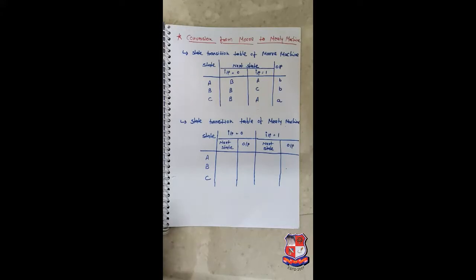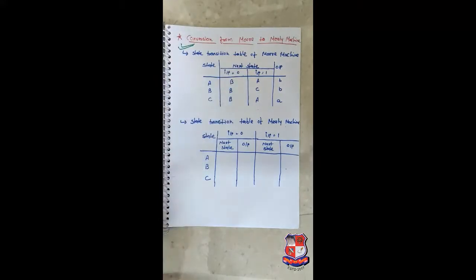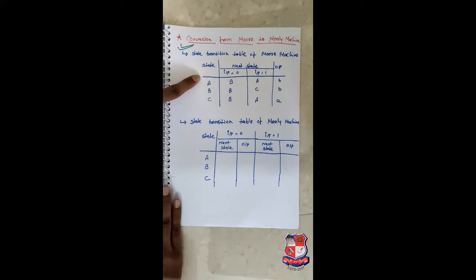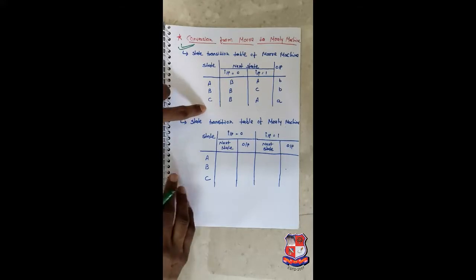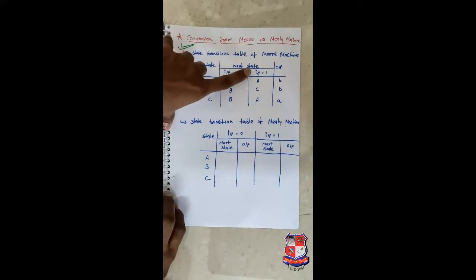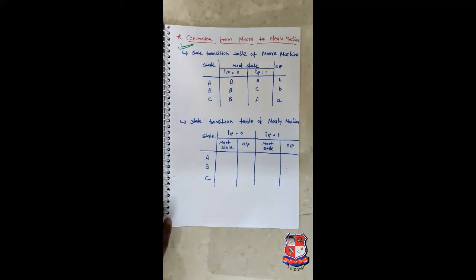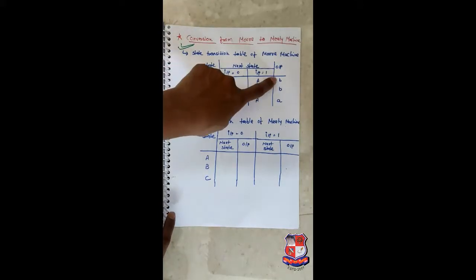In this video, we learn how to convert a Moore machine to a Mealy machine. So, conversion from Moore machine to Mealy machine is very easy. Suppose this is a transition table for the Moore machine. There are 3 states A, B and C. If the input is 0, the next state is B, B, B. If the input is 1, the next state is A, C, A, and the output of the states A, B, C is B, B and